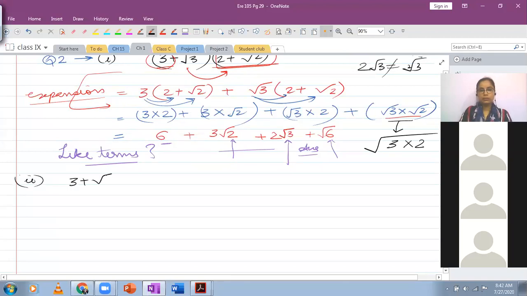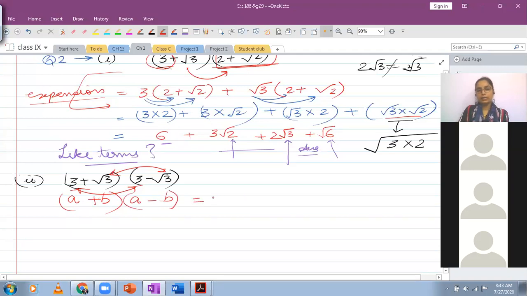Let's take a look at the second part of the question. We have 3 plus square root of 3. And with this, we have 3 minus square root of 3. This is the second part that we have. Now, if you observe here, a square minus b square. Over here, the first term is same. We are having two binomials. The first term matches and the second term matches, but the operation between the two is different. Same values first being added, same values are being subtracted. So if we represent 3 as A and root 3 as B, what you see is you've got sum of these two and then you've got difference of these two.